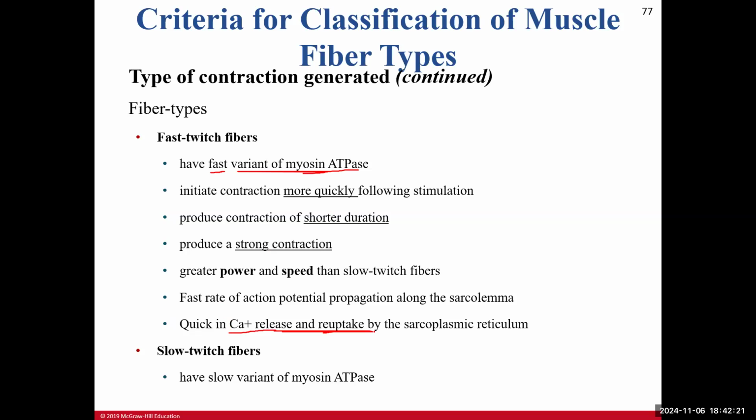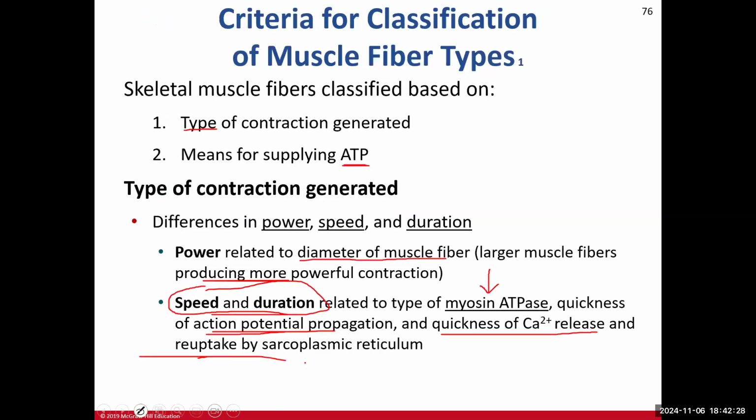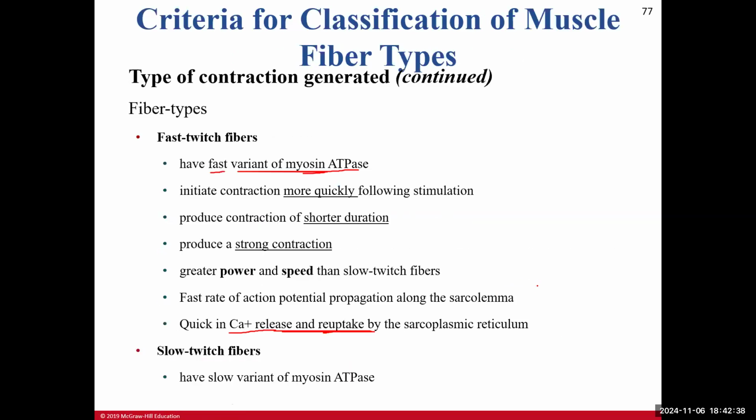Just as fast. So everything about these muscle fibers, if you go back to this slide here, for speed and duration, everything is quick. So this enzyme here, that myosin ATPase, works quickly to hydrolyze ATP into ADP, and